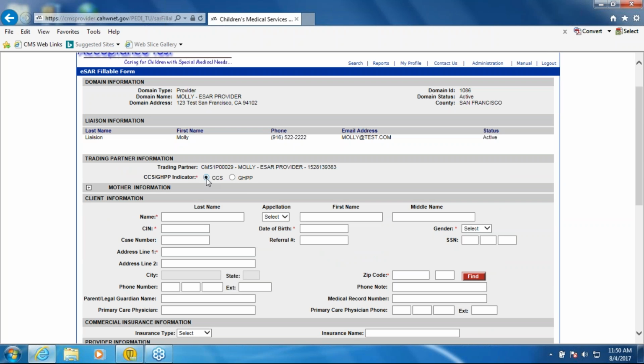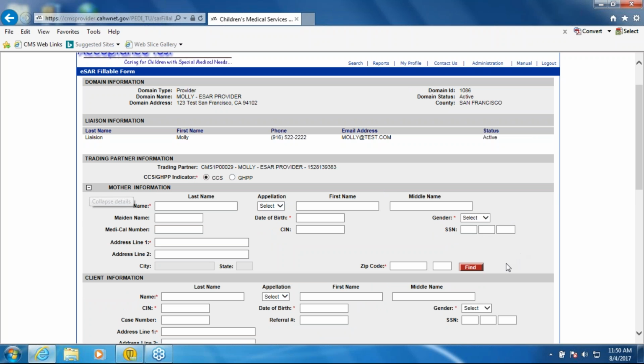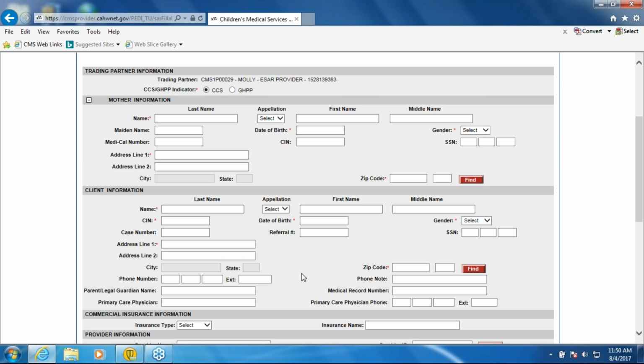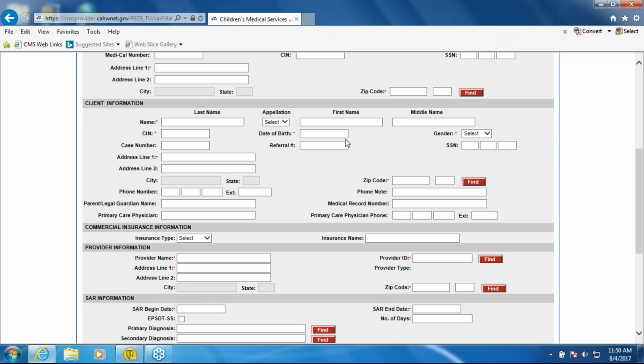So I'm going to go ahead and do my client as a CCS client, and if it's a baby on mom's Medi-Cal, you can click on the mother information section and you can fill out the mom's name and the mom's date of birth, the Medi-Cal ID number, SIN number, SSN, the address. Okay, and then the client information, you will complete the information here by filling out the client's name, date of birth, SIN, the address, the client's phone number, phone notes, primary care physician, guardian, medical record number, primary care physician's